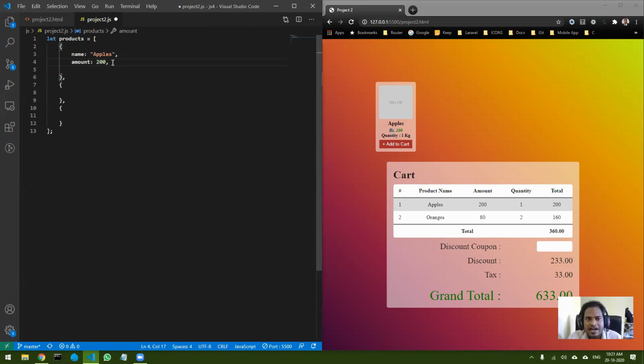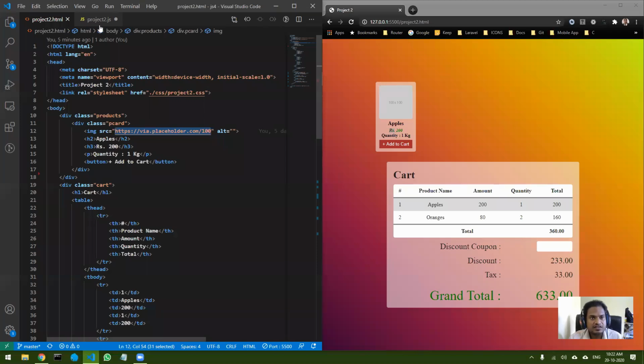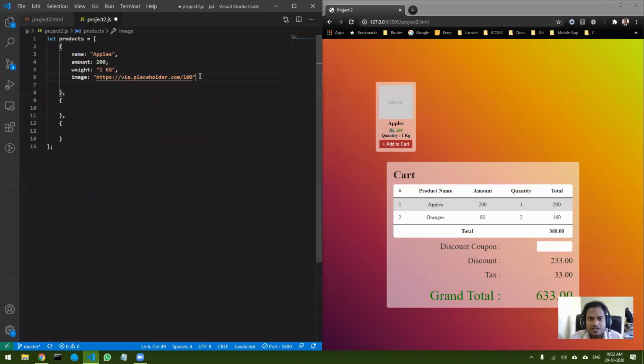So I'm just adding 200, the integer value, whatever the value is. Okay, then I want the weight, maybe. Weight I can mention over here as 1 kg. Then I can also mention the image. Okay, so image is going to be, I will just take this link and mention it over here. Okay, so in future this may be replaced by an actual image. Okay, so this is going to be my object.